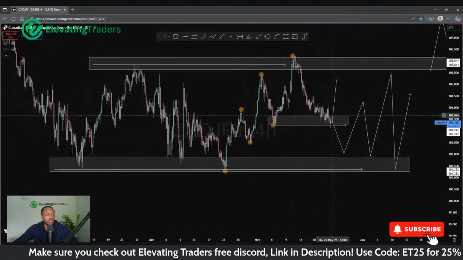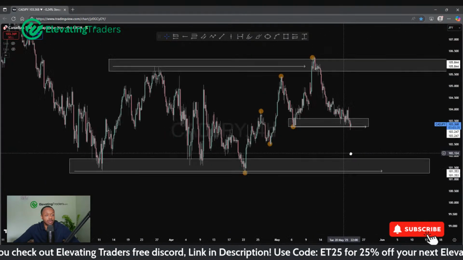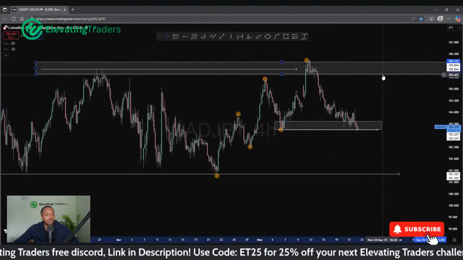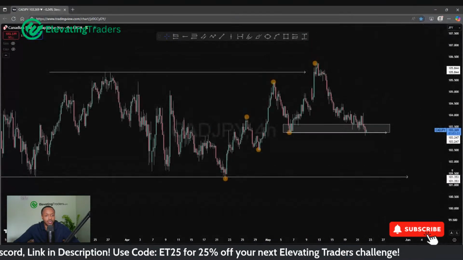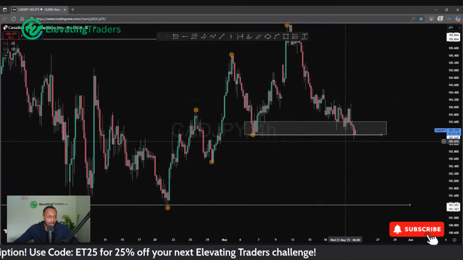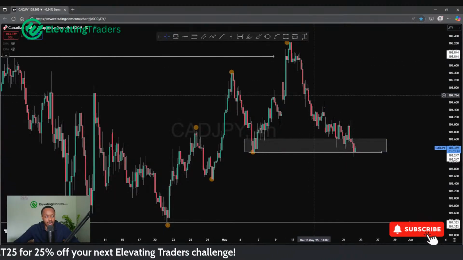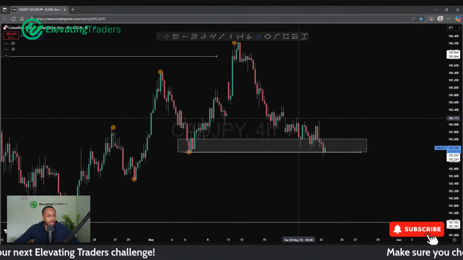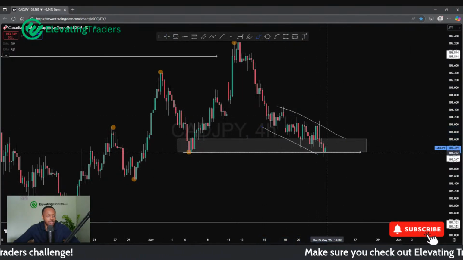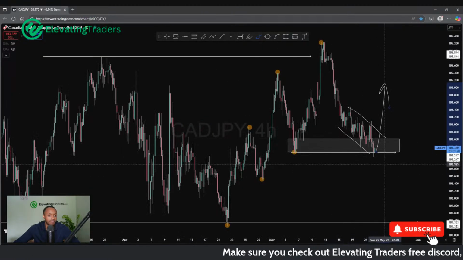That's if we break structure, which looks like we're on the cusp of doing. But I will say, though, we are still pretty corrective on the way down. It's not like we've seen CAD-yen plummet to the downside. Yeah, we were looking pretty bearish initially, but things have become very, very corrective here. So that does give me the impression that a push up is on the cards.